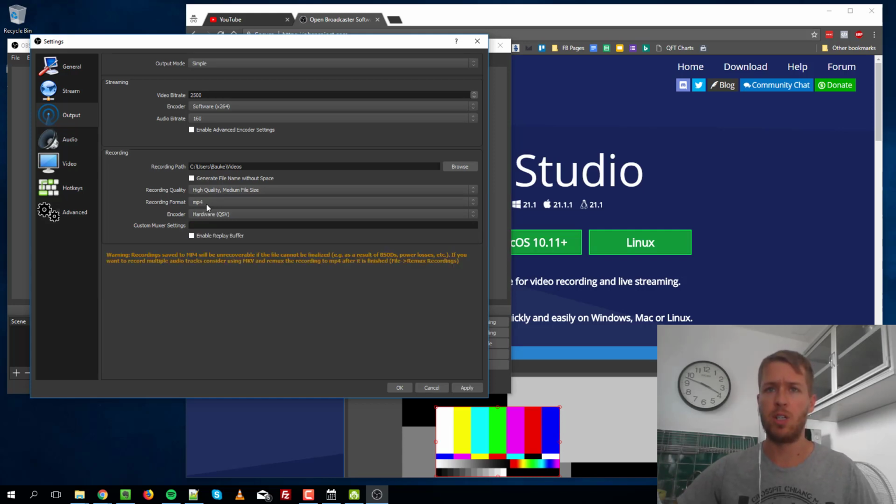Normally MP4 is a good format, but the problem with that one is if for whatever reason it cannot compile the file before or after you're done recording, then the recording is completely lost. So if you're doing a very long recording, it might not be advisable to choose that format, but you can